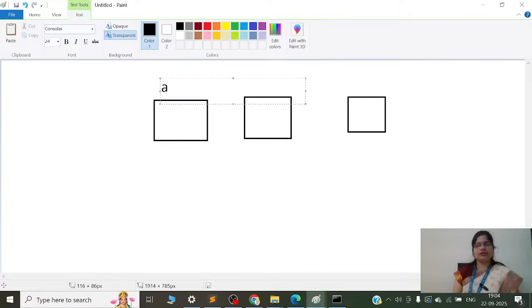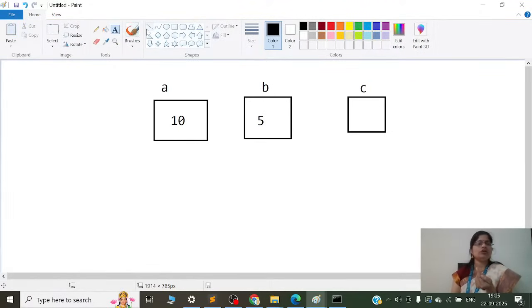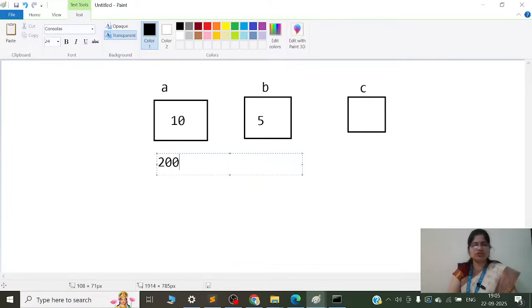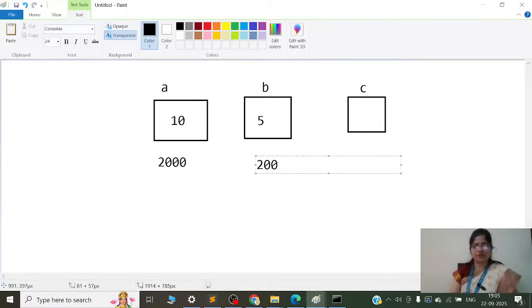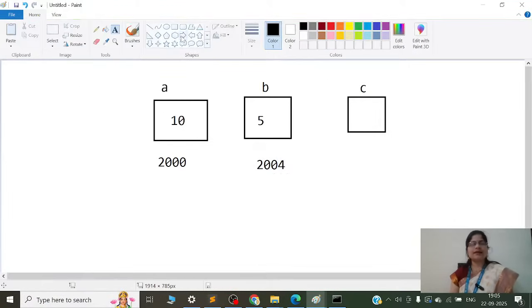We have A variable, we have B variable, and we want to get the result in C. So A की वैल्यू क्या है 10, या सपोज जो भी आप वैल्यू पास करोगे, B की वैल्यू क्या है 5. तो ये 10 and 5 वैल्यू कौन देने वाला है, यूजर. तो इसका कुछ एड्रेस होता है, लाइक दिस इज अ 2000 एड्रेस, इट हैज अ 2004 एड्रेस. ये एड्रेस क्या कर रहा है, इस मेमोरी लोकेशन को पॉइंट कर रहा है.